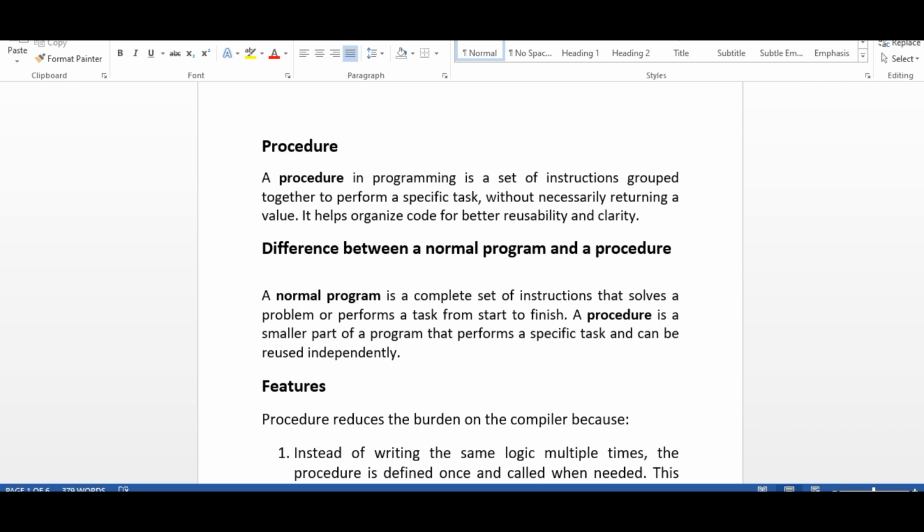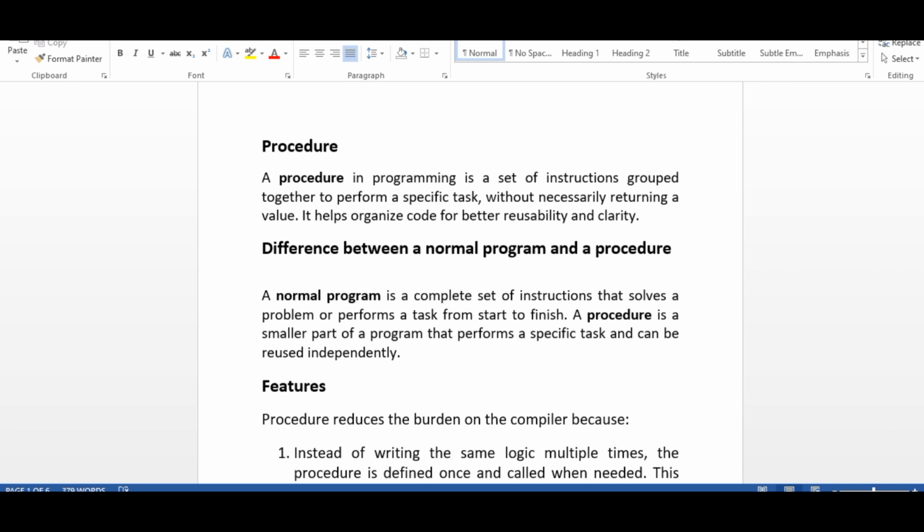So basically, what is a procedure? It is like a normal code, but the procedure makes our program smarter, more efficient, and quicker for the compiler. We can also say that it is a block of code that can be used again and again without burdening the compiler, because for example, if I write a simple program and